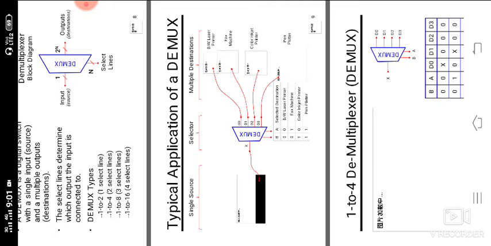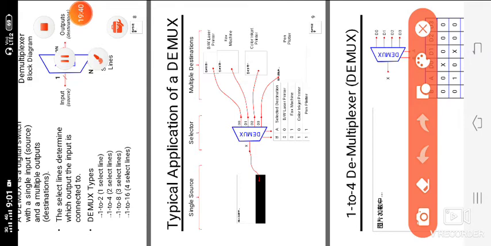First we apply 0 0. This x will appear at the first position. Next is 0 1, and this x will appear at the second position. Next 1 0, this x will appear at the third position. Then 1 1, this x will appear at the fourth position. That is the mux rule.